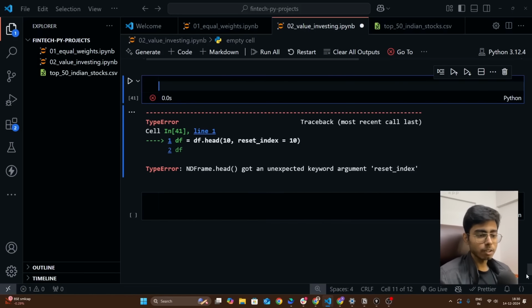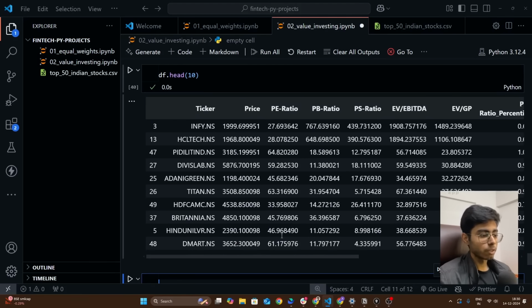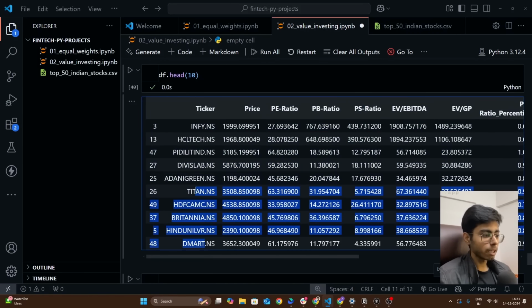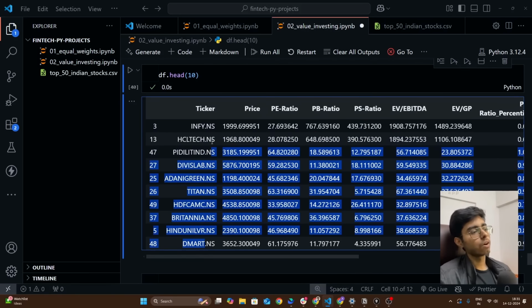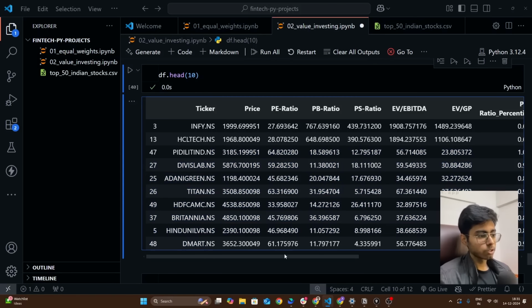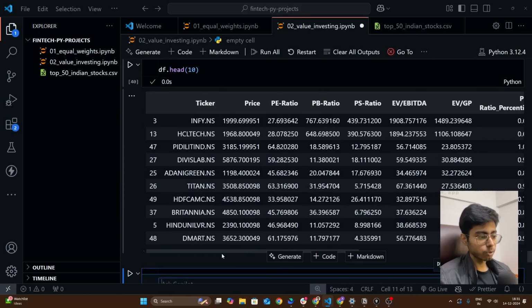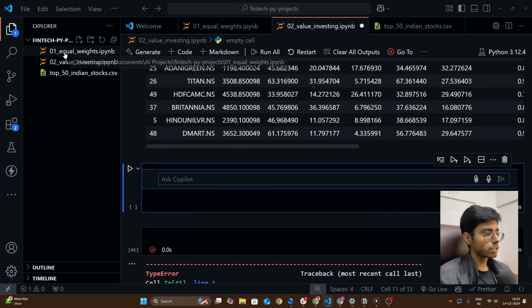But basically, you can just reset the index, right? Once you pick the top 10, you can reset the index, and they will be like 0, 1, 2, 3, 4, 5, 6. But you can see these are the top 10 stocks which you should pick for value investing. Okay. So now what you can do, you can again have the same thing which we did over here,